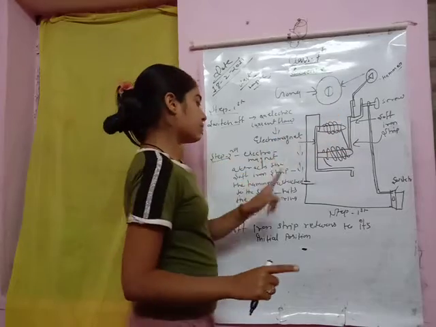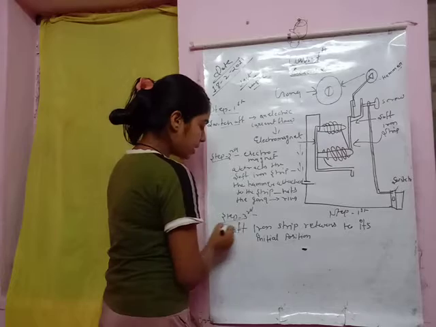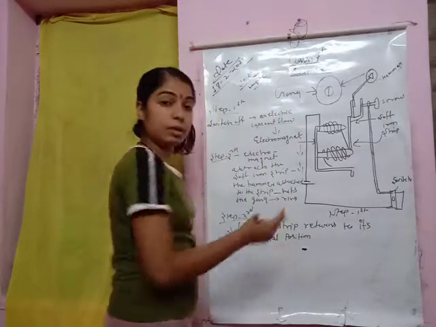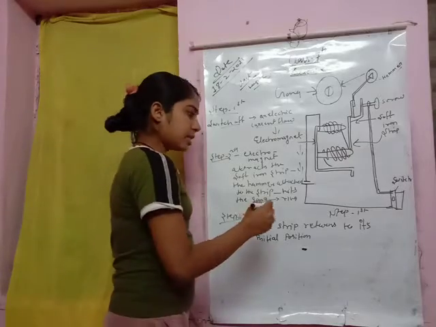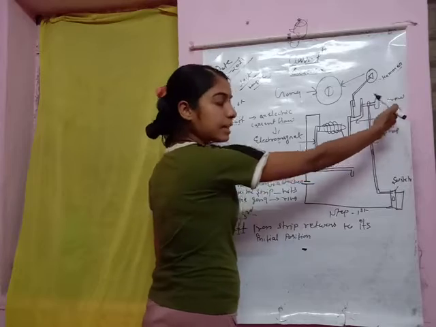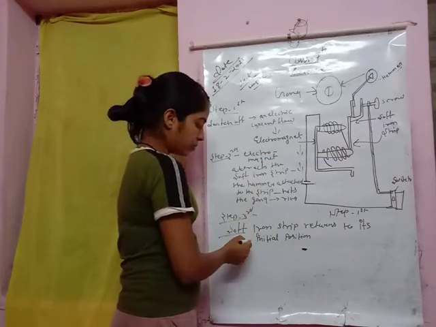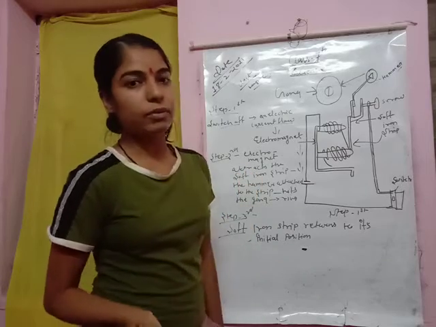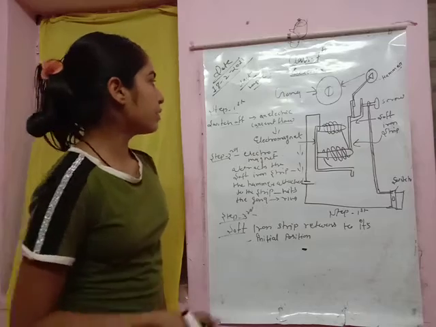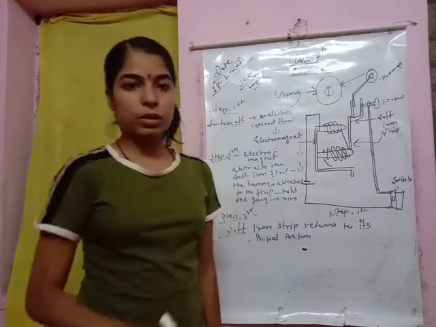Then this continuous process happens, and in the last and third step the circuit will be open. It means in the last step the iron strip will go back to its initial position. Clear? And the first to third steps work continuously. That's why we hear the ring continuously. So this is the proper function of the electric bell, which is found in your houses.